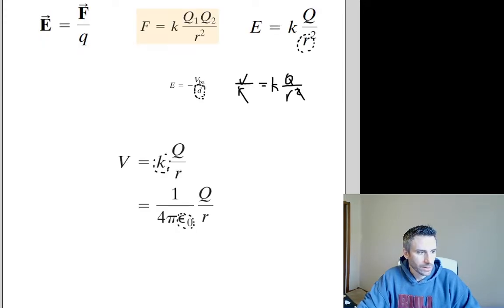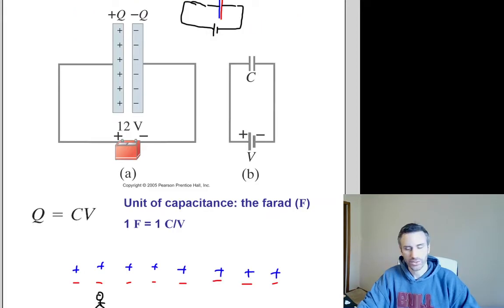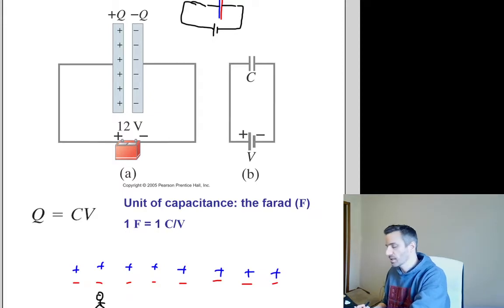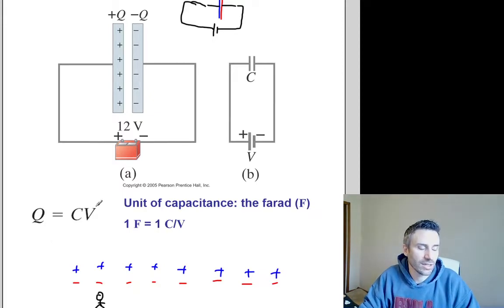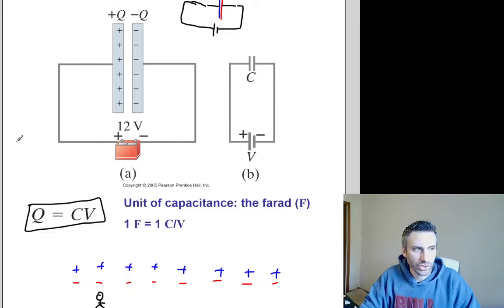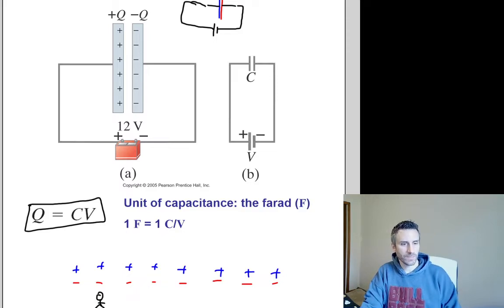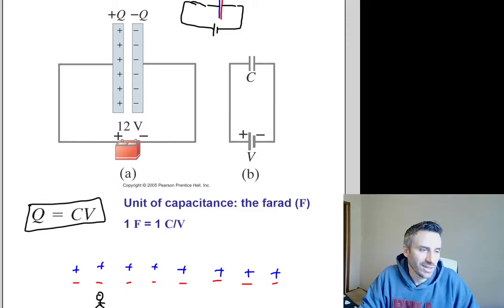Okay, let's get into capacitors a little bit, which is part of the stuff that doesn't really get covered on the AP test for AP Physics 1, but I'd like to at least touch on it for a brief moment. I'm not sure whether they cover this equation or not, but I like to give it just in case they decide to throw that in. I think they want you to understand the idea of a capacitor. I'm not sure that you have to do really any calculations with a capacitor, but just in case you do,